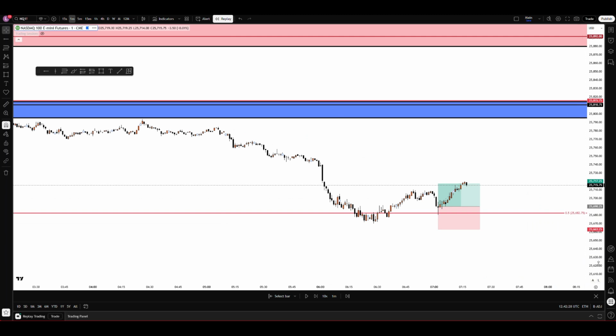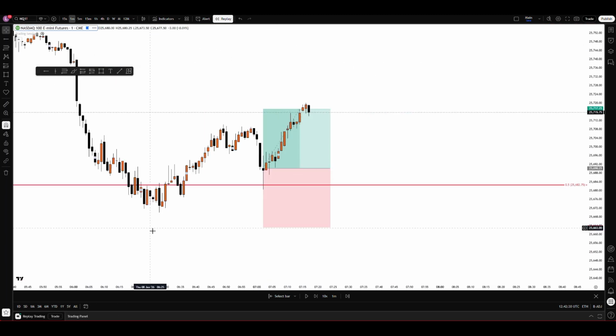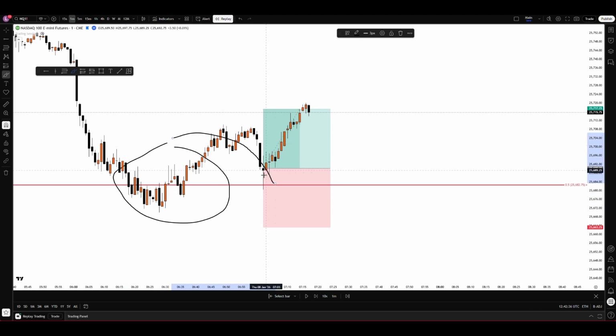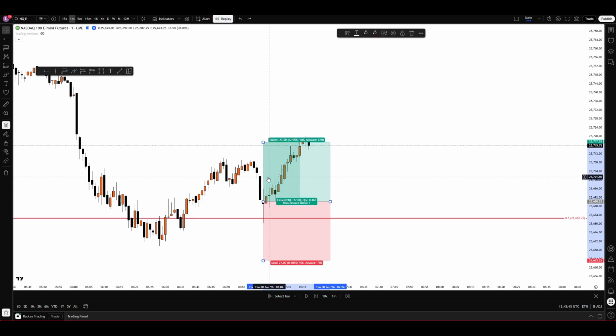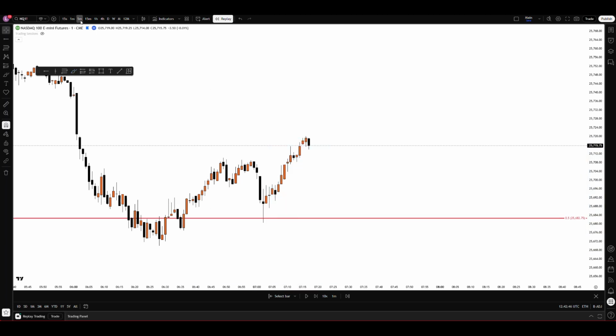Okay, if we just go to here, we just take a look at this range on the 5 minute and see if we close anything. We can come back down, test into it. If so, seeing a candle like this is a perfect sign that this is the trade that you want to take. So we're going to higher time frame,